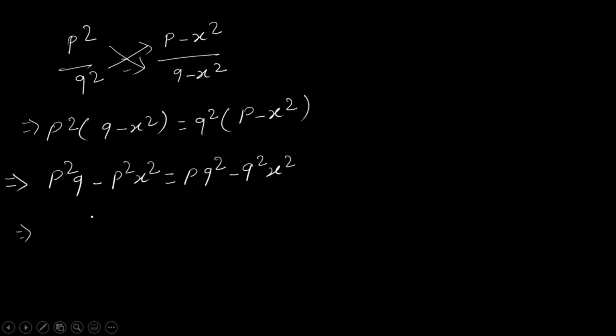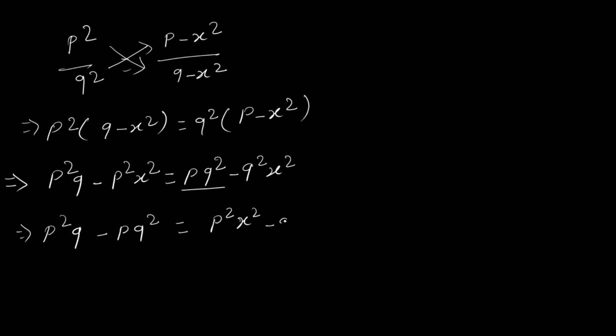So both the sides you have done with, right? Right, sir. Now see here, p square q, and here also pq square. So this we will bring this side, then it will become pq square, right? Right, sir. Here see, this is p square x square, minus sign is there. This side if it comes, it becomes p square x square minus q square x square. Am I right? Right, sir.